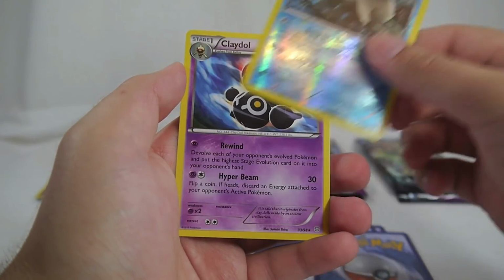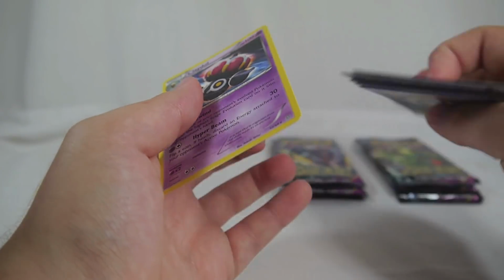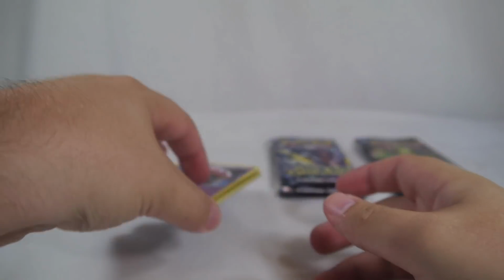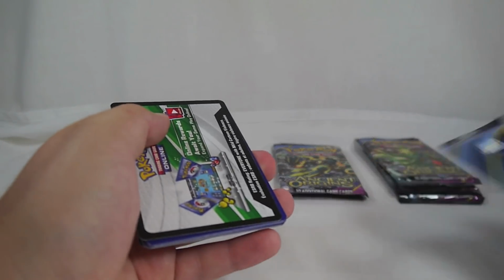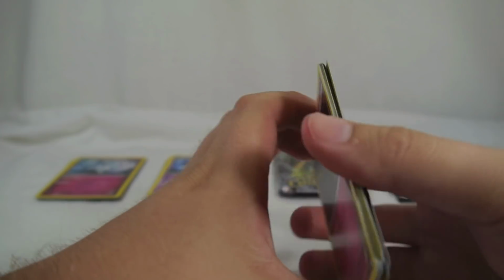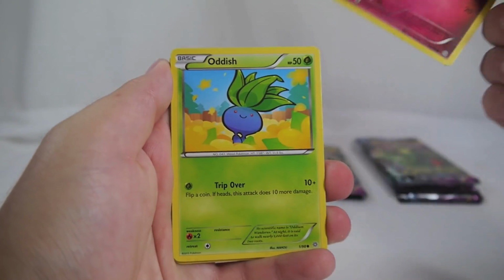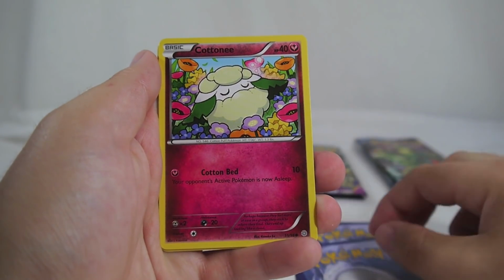Relicanth, and a Claydol. Rewind. Be kind and please rewind. So that's just a normal rare, not too thrilling whatsoever. But Claydol was always a fun Pokemon. Very much used in the past. So we got Ralts, Oddish, Eevee, Cottony,